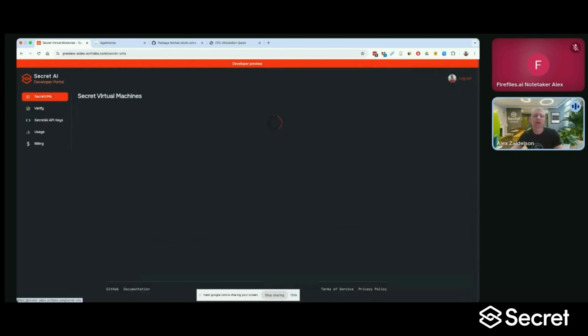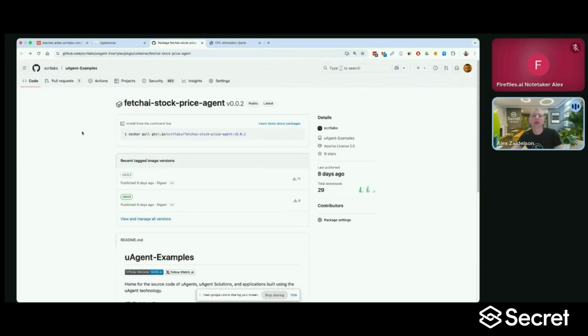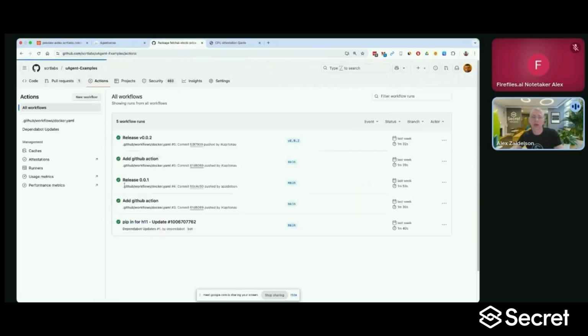So let's go back to the secret VM. It's running our agent, and let's see the Docker Compose file. This Docker Compose file references a specific package that we built, a package that contains the Fetch AI stock price agent version 002. And we can go to our GitHub and see the package here. If we go to GitHub Actions, we can see the actual action that built it. And in the action, we can see the specific commit